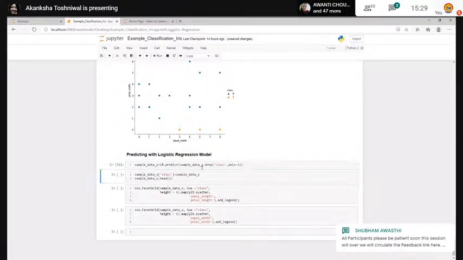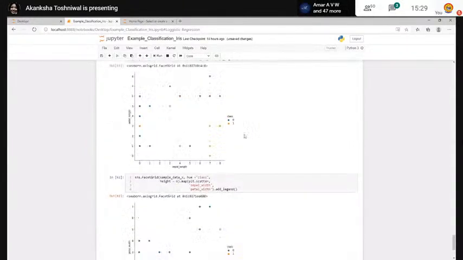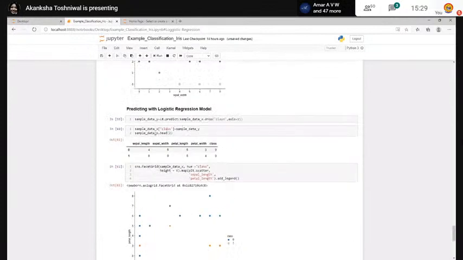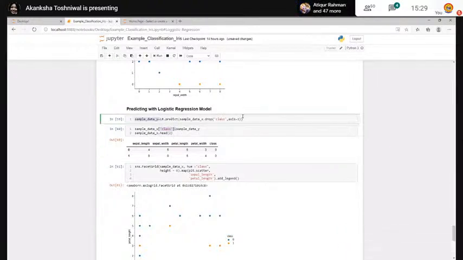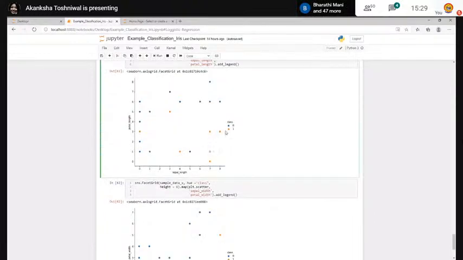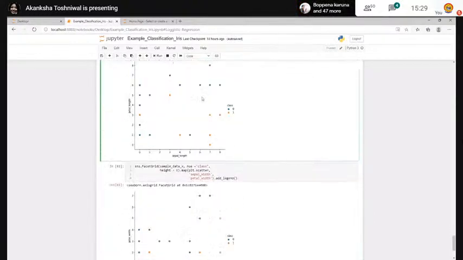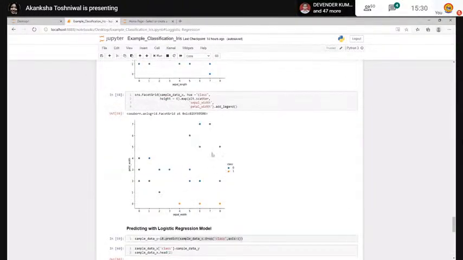Again, when we do this with logistic regression, this is the data frame. What we are doing here is creating the class, which feeds logistic regression dot predict on sample data X, which does not have the class column. So now let's look at the results provided by logistic regression and compare them with the results which